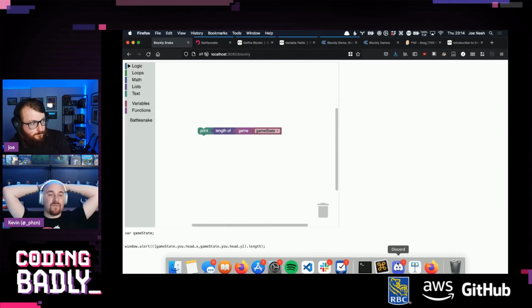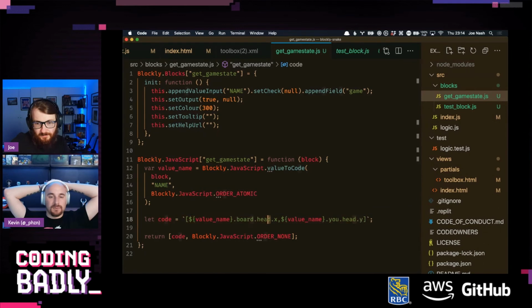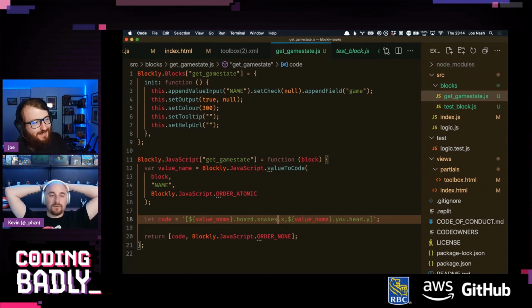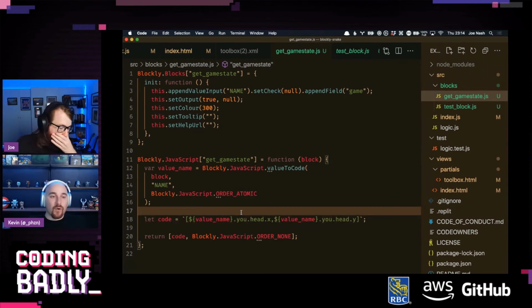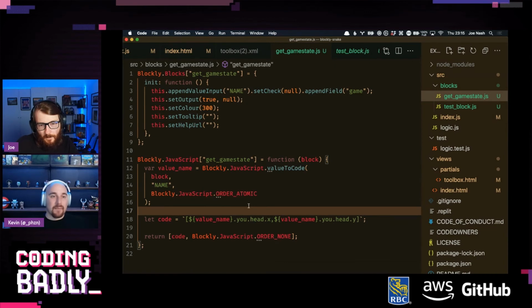I suppose they can be interacted with as lists. Yes, we'd have to do a lot of conversion. So for example, we can change this to get board.snakes. But inside that are objects. So we are going to have to think a little bit about the API here. We're going to end up building object accessor blocks, or specific object blocks, one for snakes, one for hazards, and so on. And maybe we build interfaces, because a snake is a snake, but snakes come up in multiple contexts.